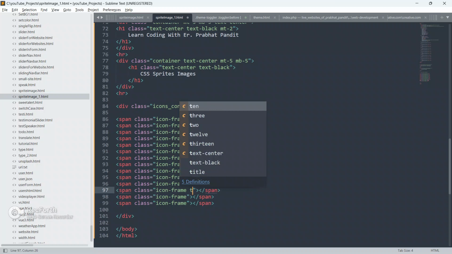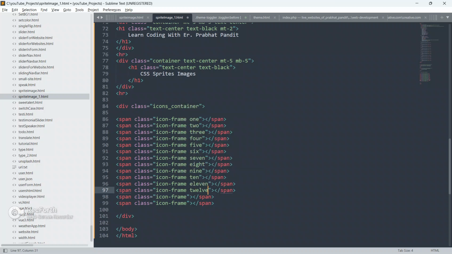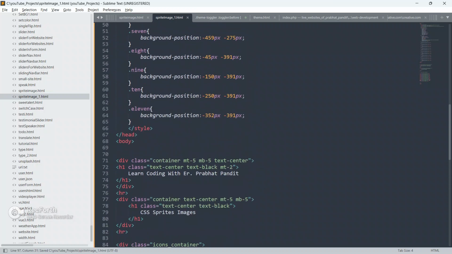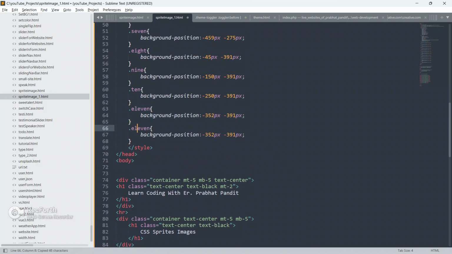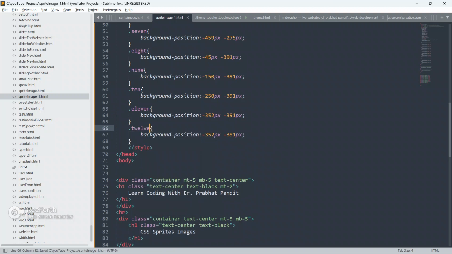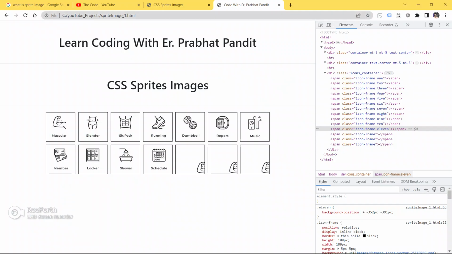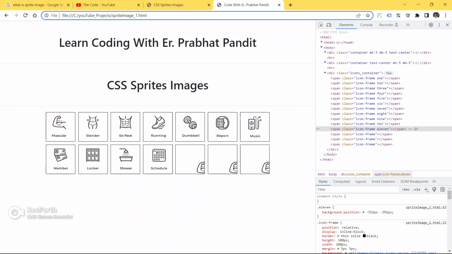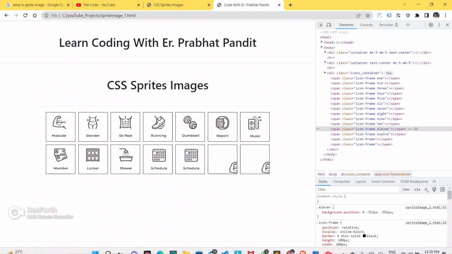So now create another class as a 12. Go up, copy this and paste it here, make this a 12. Save your code, go to the browser and refresh your page.